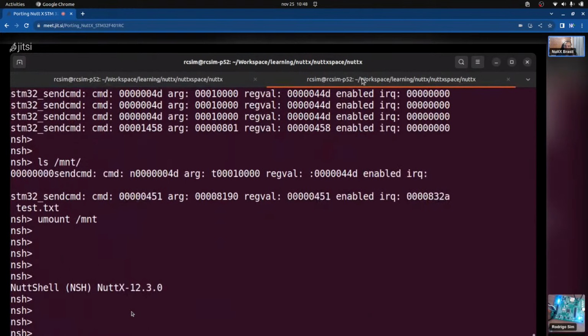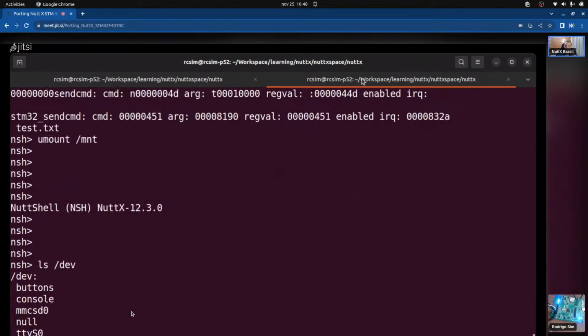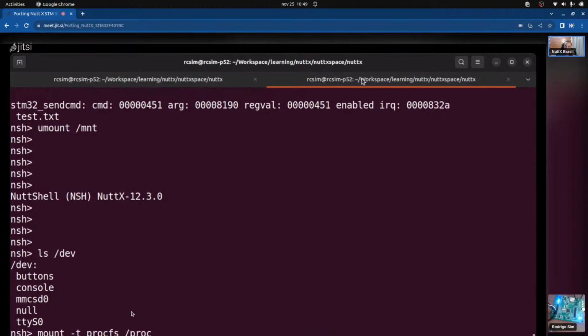You can type ls /dev again to confirm the MMC is there. Okay. Now you can mount. Now I need to mount the procfs. Yeah, you missed the dash t. Dash t. So, fs, slash proc. Okay. And now mount